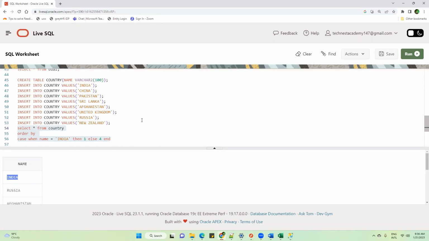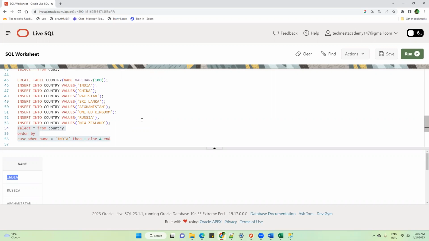Firoz, go ahead. To fulfill the current scenario of bringing India to the first row, is case the only way or is there some other way? So case is the only way. You see why I'm teaching case here. I showed you order by, where you can use ascending or descending, correct?